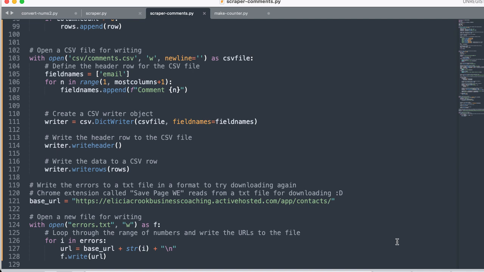So if the script doesn't find an email address in any of the HTML files that it's working through,